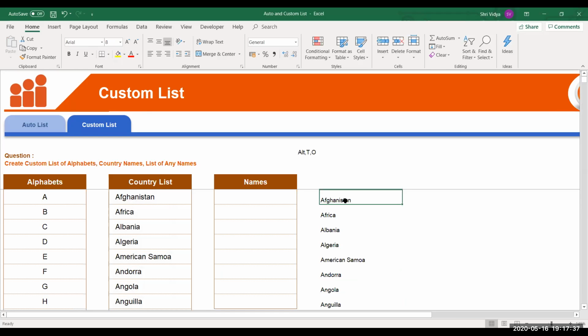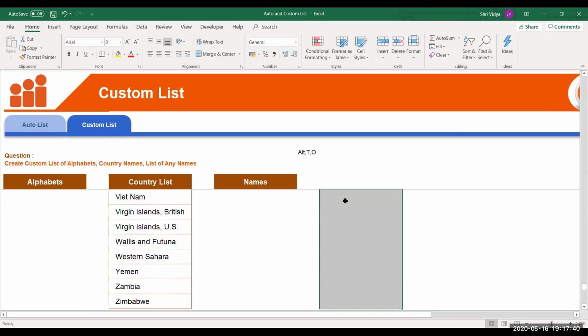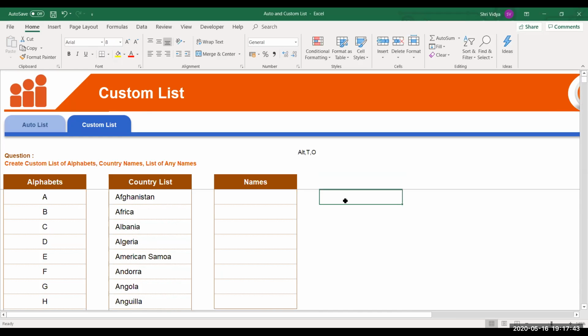So I just wanted to tell you that there is a limitation on creating a custom list. A list can hold only up to 172 items, not more than that. Okay. So even though it allows you to select more items to be provided, it stores only 172 row items, not more than that. Okay, so you could be creating it for names or product names or services. As I told, any list for that matter, you could be creating it once and you can keep on using it in other files as well on your computer.